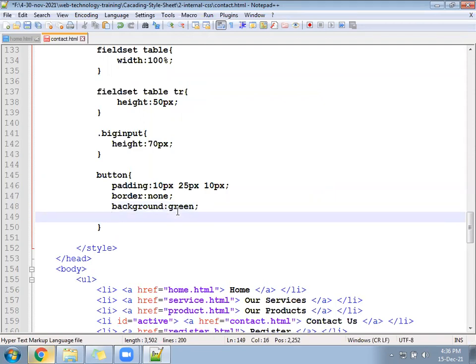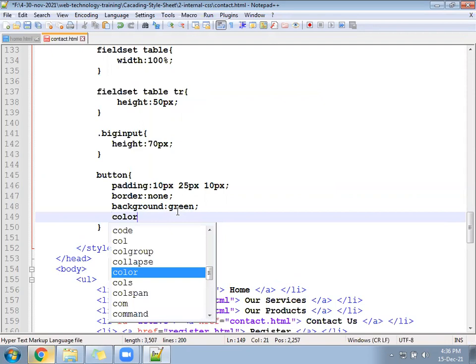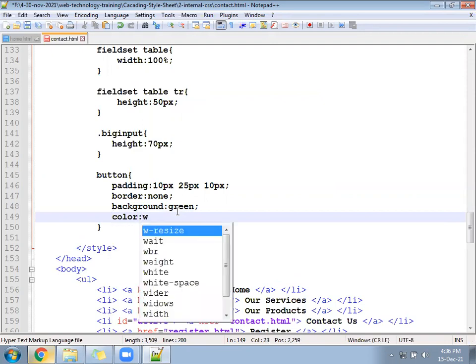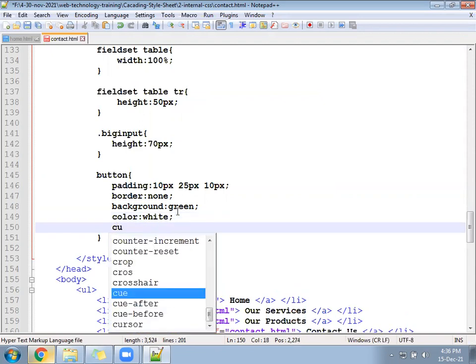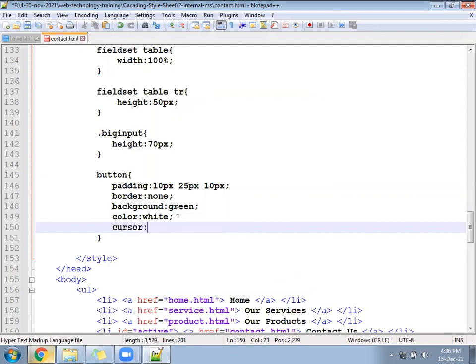After that, when you are displaying any text over there, the text should come in white color. After that, when the cursor touches your button, then what will happen? Cursor should convert into pointer automatically. Check this. This is the CSS for the button.